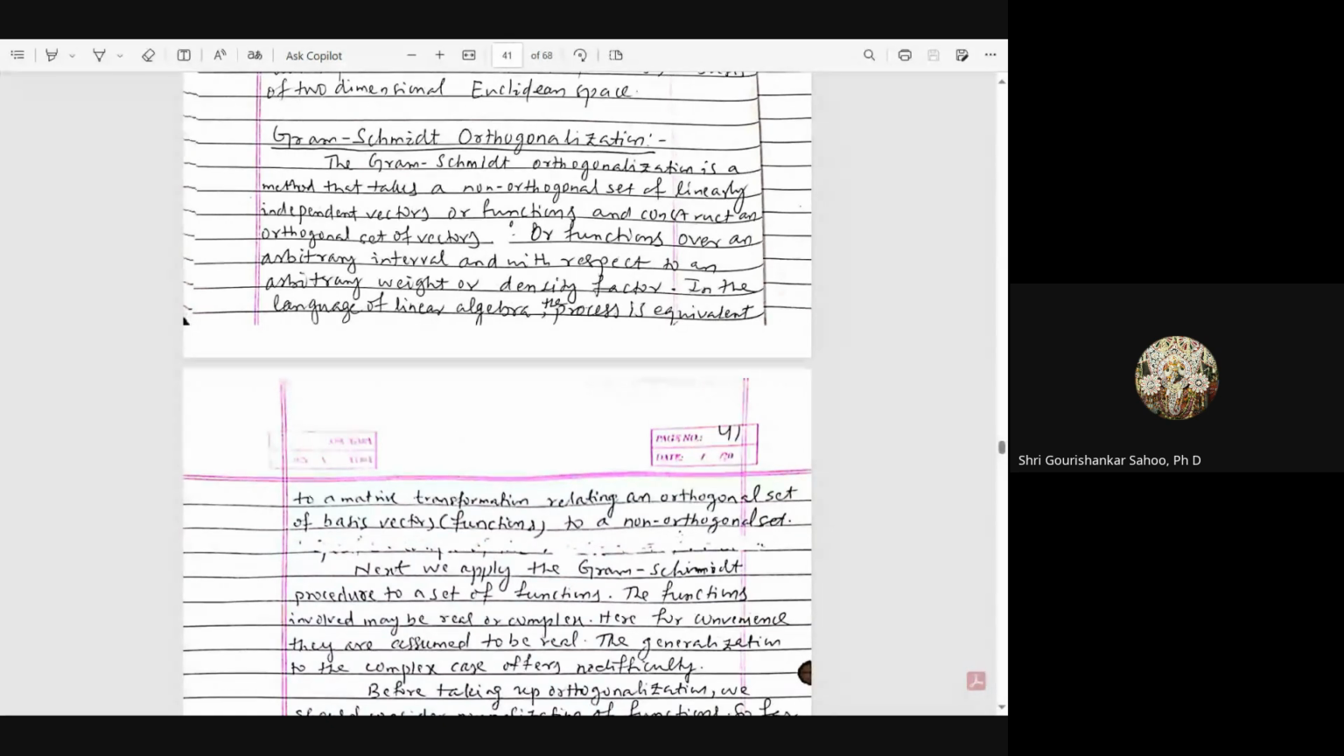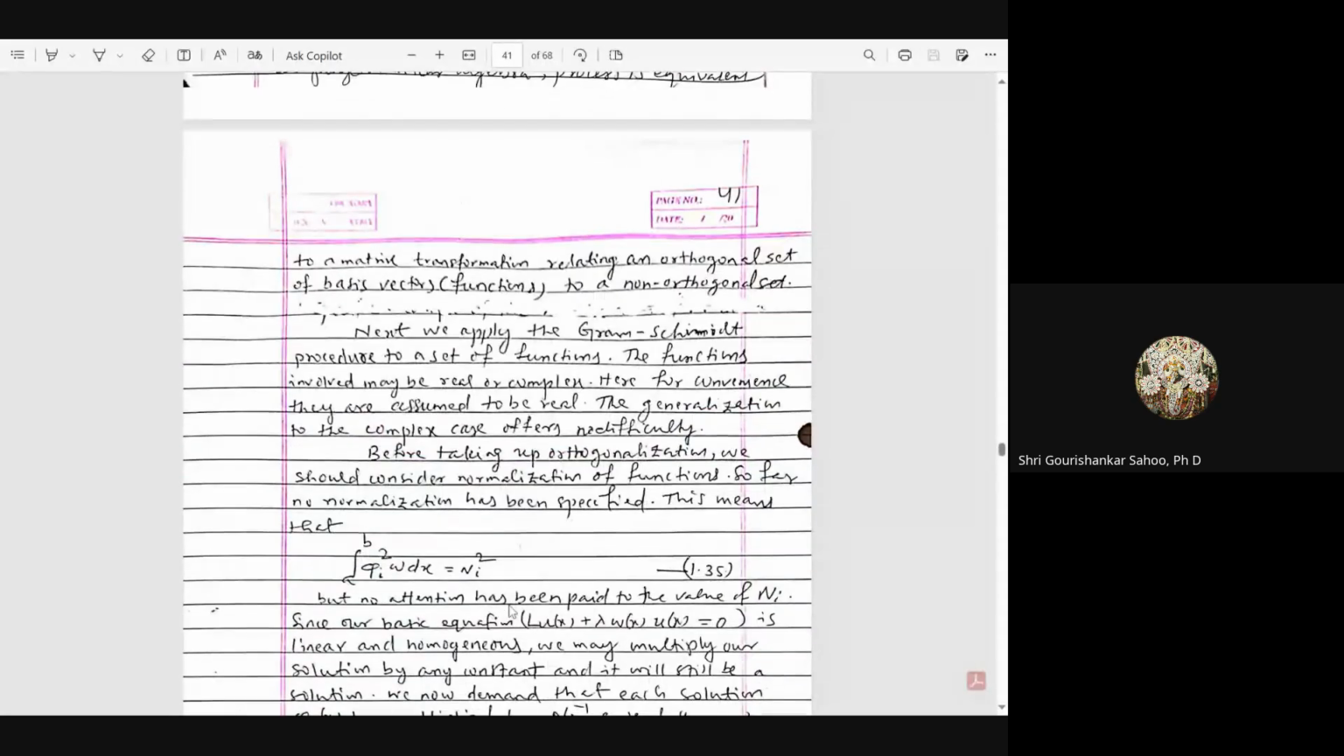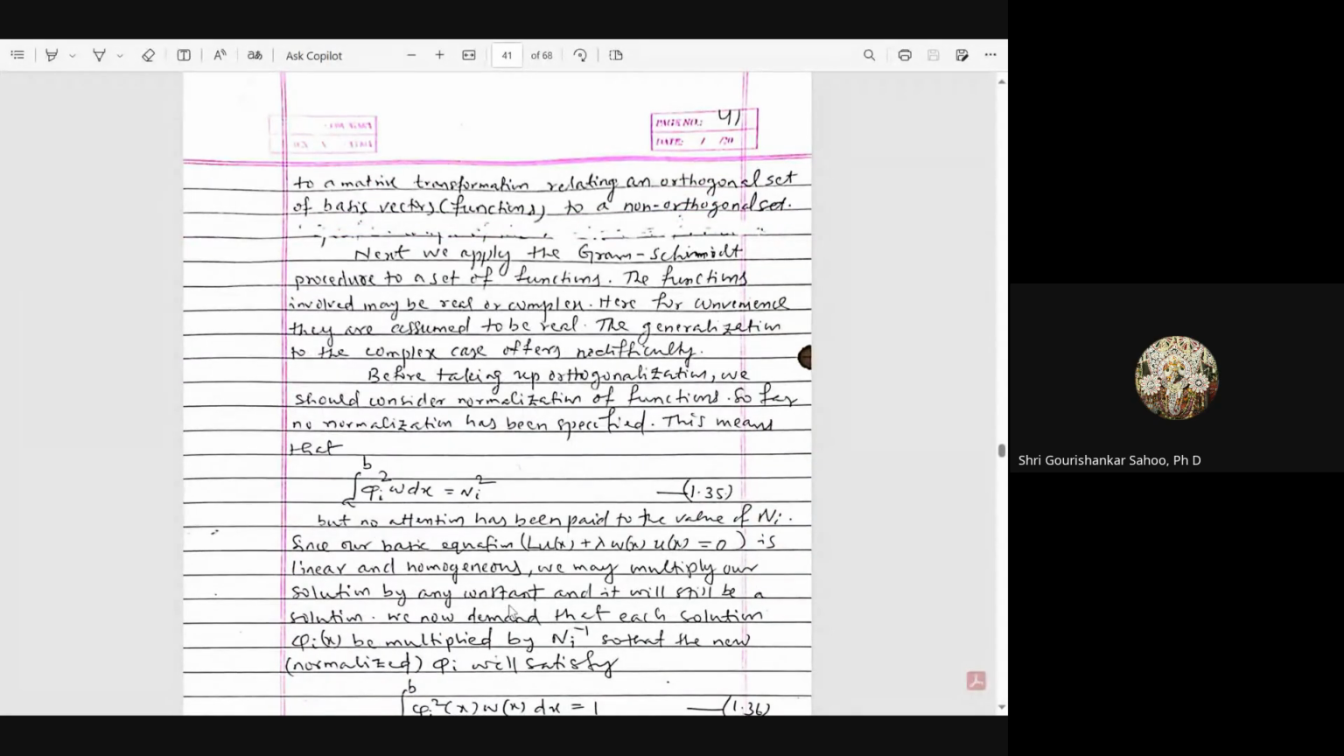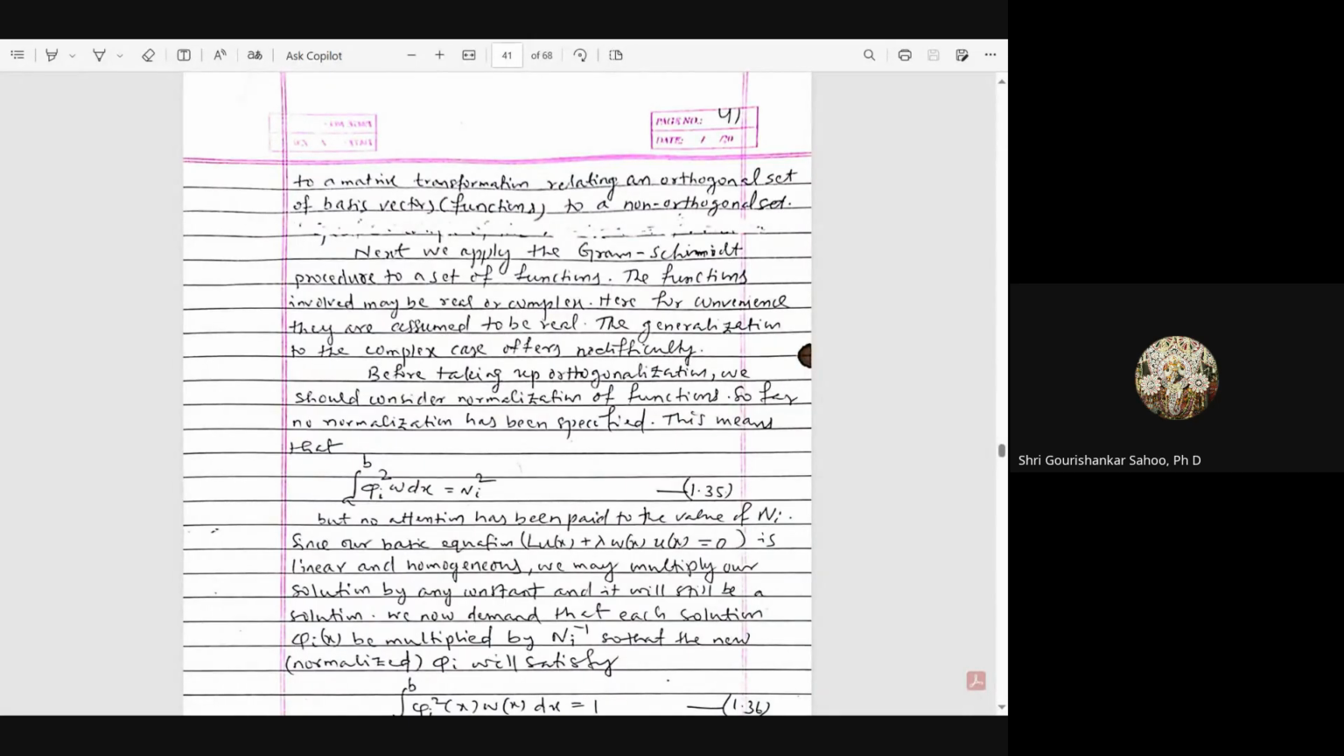Then Gram-Schmidt orthogonalization. Gram-Schmidt orthogonalization is a method that takes a non-orthogonal set of linearly independent vectors or functions and constructs an orthogonal set of vectors or functions over an arbitrary interval and with respect to an arbitrary weight or density factor. In the language of linear algebra, the process is equivalent to a matrix transformation relating an orthogonal set of basic vectors to an orthogonal set. So you can apply the Gram-Schmidt procedure to a set of functions, and the functions involved may be real or complex. For convenience, they are assumed to be real. And the generalization to the complex case often